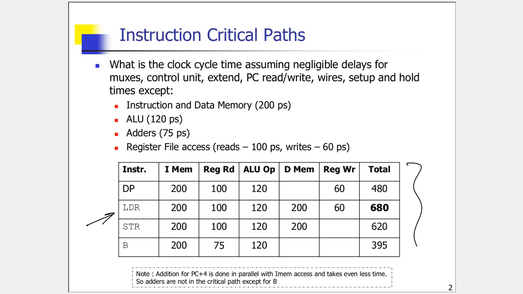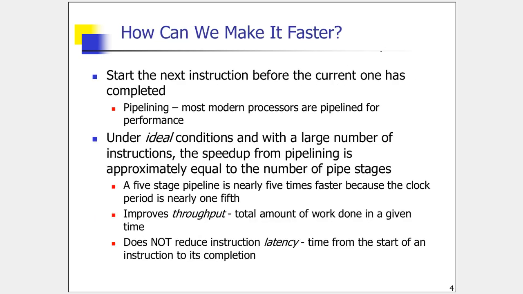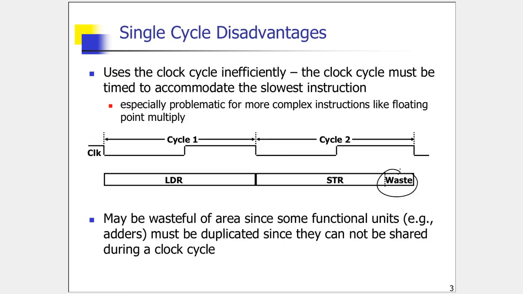Because of the load instruction, every other instruction takes more time than it should, because your clock period should be big enough to accommodate the worst case execution, which is your load instruction. So for other instructions, you can see that some part of the clock cycle is wasted. So you have thrown in money to buy the hardware, but your hardware is remaining wasted or unutilized for a good part of the clock cycle, right? That is almost like renting a room in Marina Bay Sands and not occupying it.